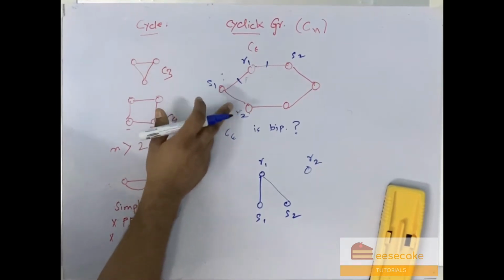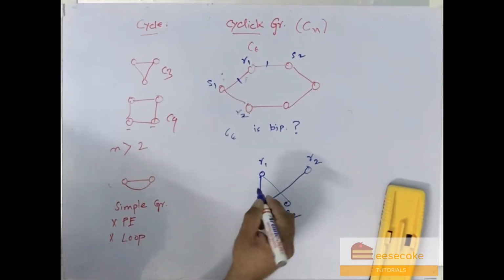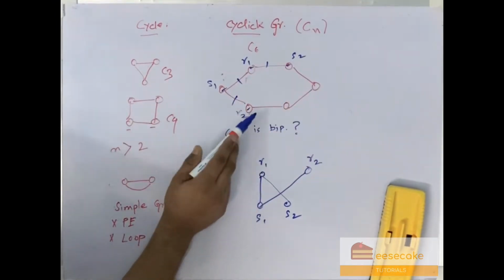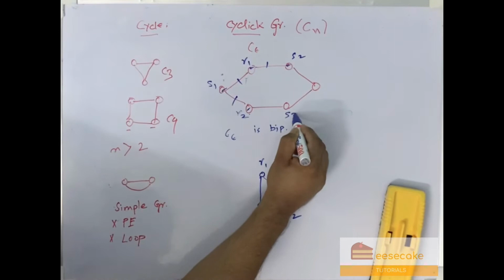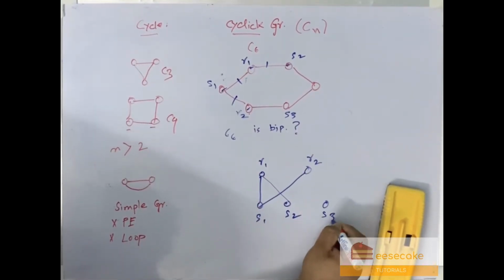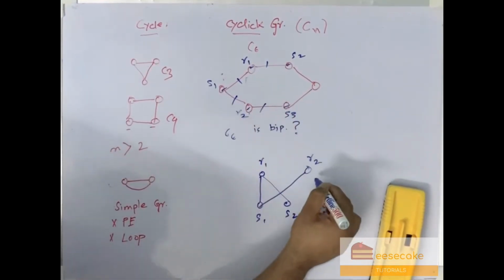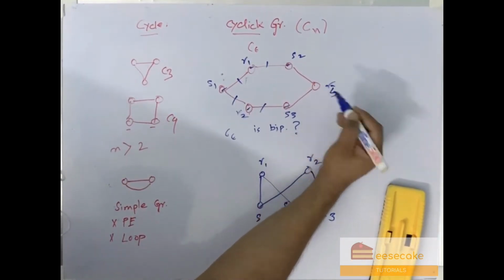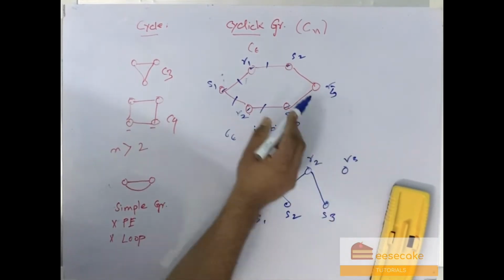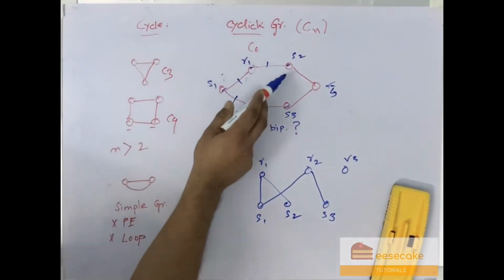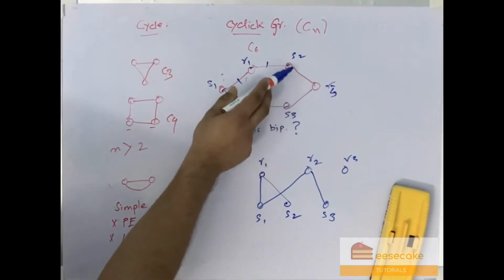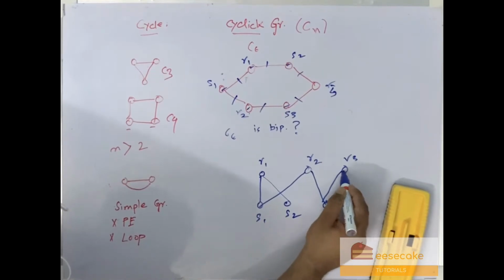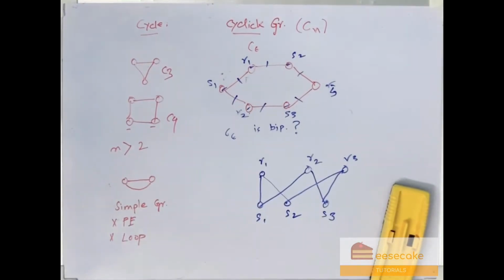So S1 and R2 are connected. Now R2 is connected to this, so this has to be S3 and is connected to R2. Now this has to be R3, because this is connected to S graph's vertices. So R3, these edges if I draw, S2 and S3. So yes, this is a bipartite graph, right?